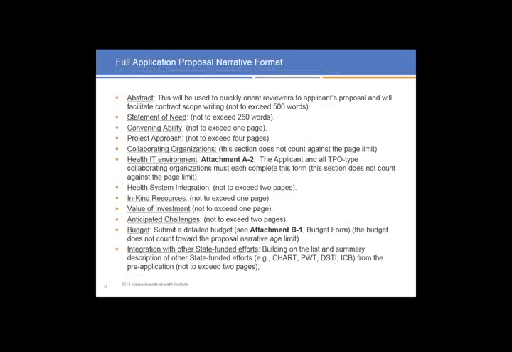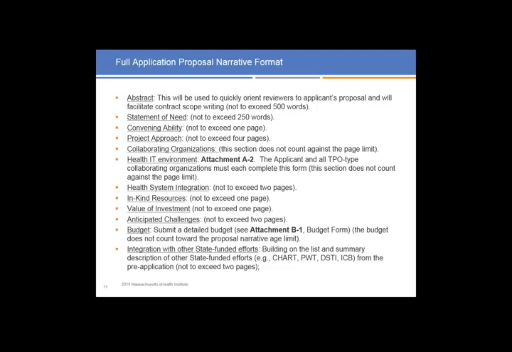The full application proposal narrative should include the following. We're looking for an abstract, a brief abstract, not to exceed 500 words. Put some effort into this abstract, though, because this is something that we're going to use to quickly orient reviewers to applicants' proposals and will certainly facilitate scoping contract writing. Statement of need, the convening ability, so the ability of either the grantee or collaborators, but collectively as a team,